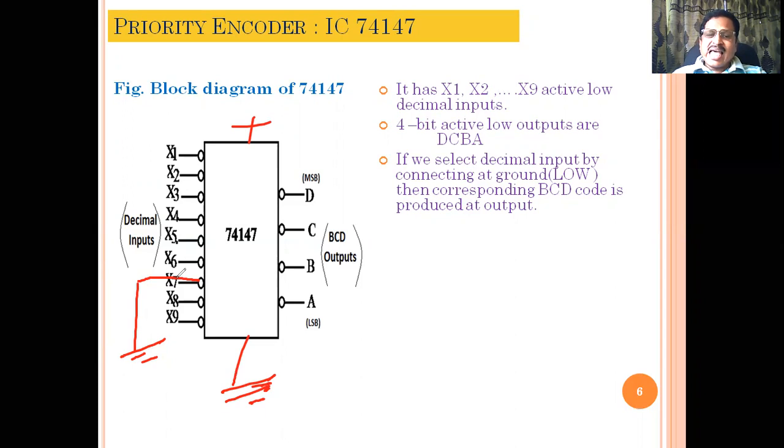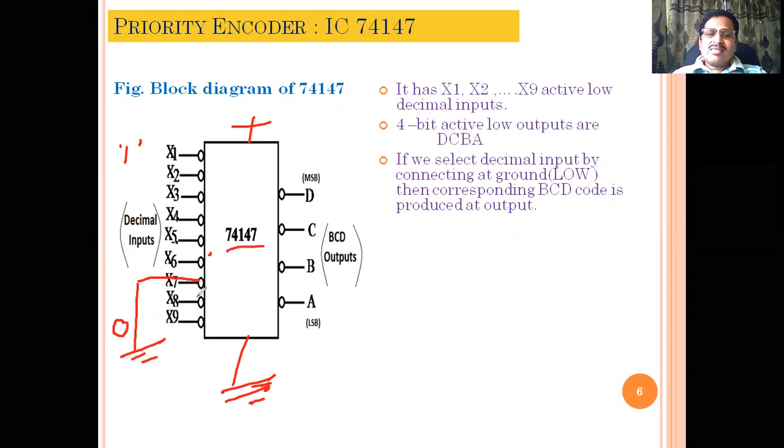Now here, if 7 is being selected at logic low or 0, at that instant, all the remaining inputs are open. Open means logic 1 in the TTL way of construction. That means if we apply 1 at the input, either by keeping an open connection or by connecting to VCC, it will be a deactivated or disabled input. So the input will be activated or enabled only when it is connected to ground. That's why the bubbles are shown on the input lines of this IC 74147.